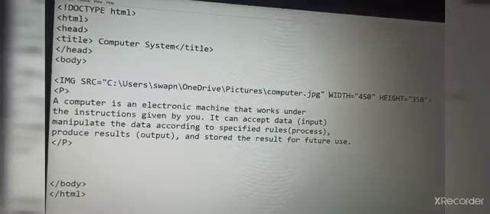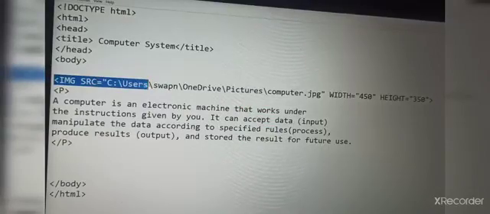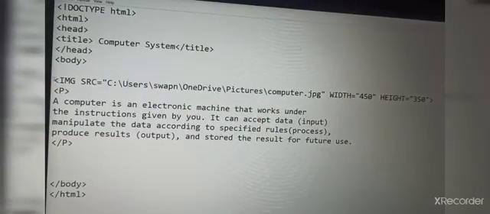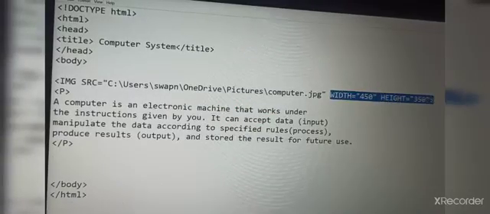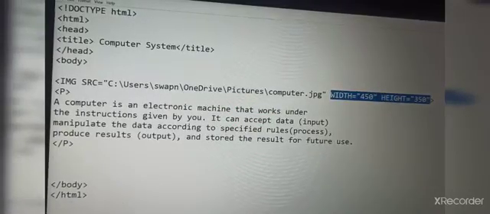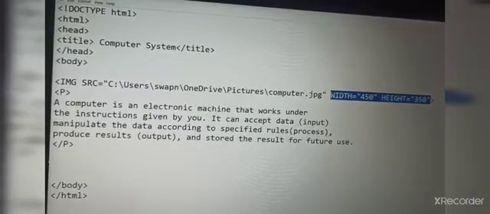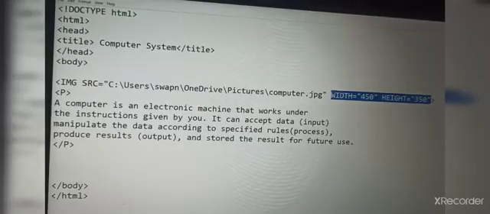Now here we can specify the size of an image. Here again we have given the image, but in this image tag we have given a width. We can give the width and height to set whatever size you want for that image. Here we have given a width equal to 450 and height equal to 350.